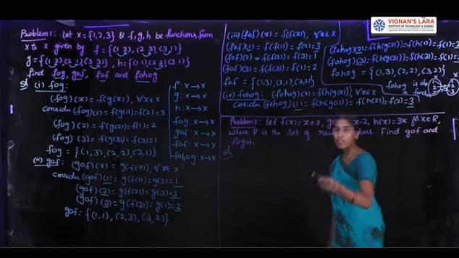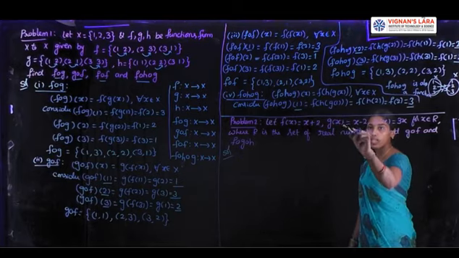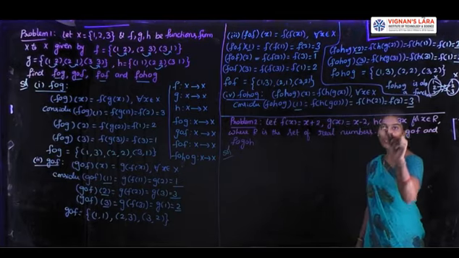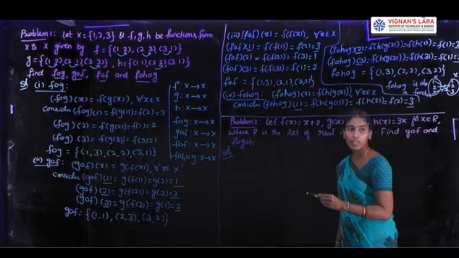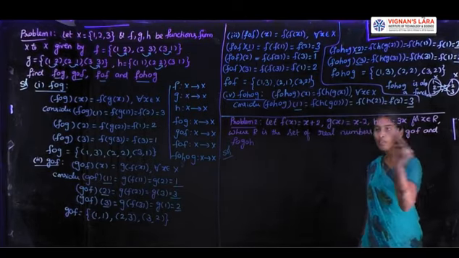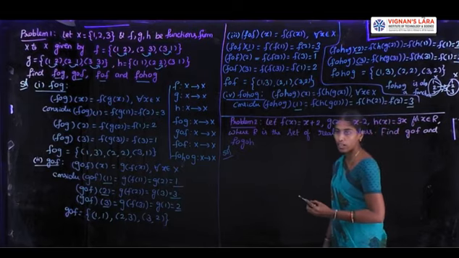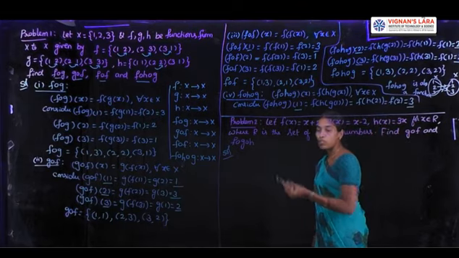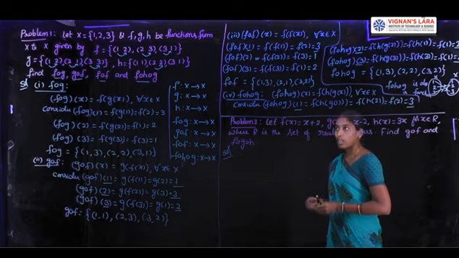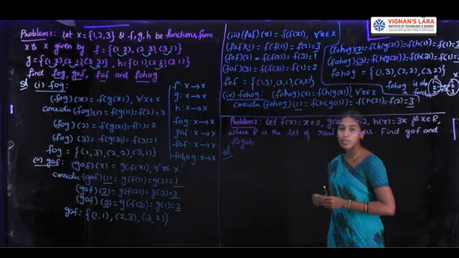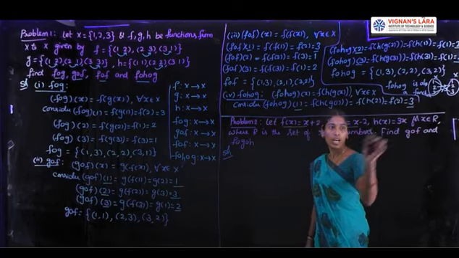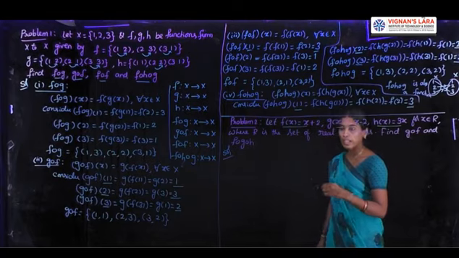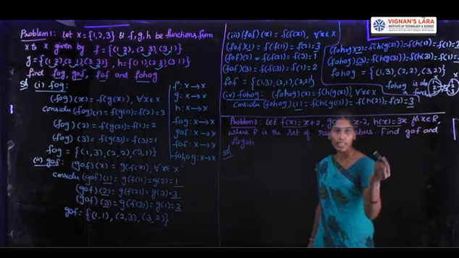Here it is given that f of x is equal to x plus 2, g of x is equal to x minus 2, and h of x is equal to 3x, where R is the set of real numbers. Find G circle F and F circle G circle H. Right? In the previous problem, problem 1, the functions were clearly given using ordered pairs. But here f of x, g of x and also h of x are given in terms of definitions.